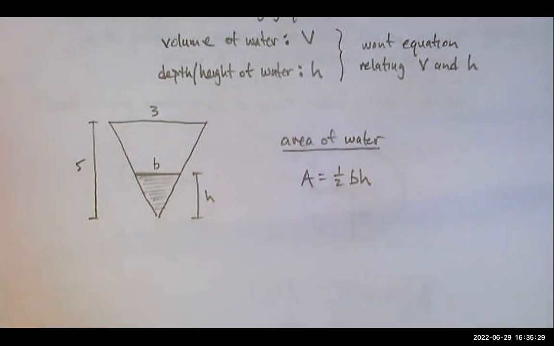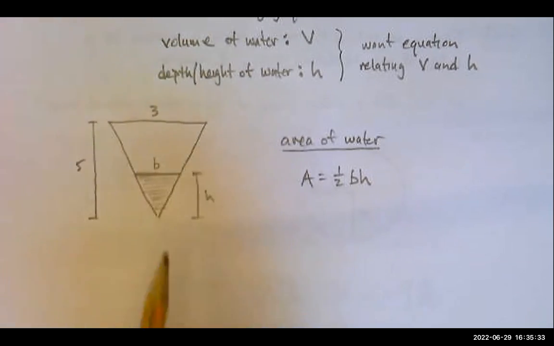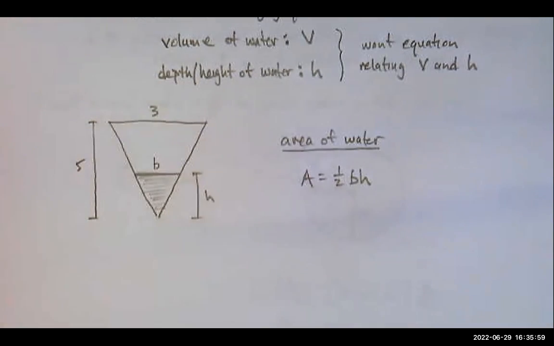And yes, we can. And it turns out because we know these other 2 lengths, the 3 and the 5, that will help us figure out a relationship even between the B and the H here in this drawing. So this is usually fun to do in a classroom. We're all looking at this drawing and I can say, okay, think back to anything that you ever learned in math. What concept would help us get an equation that involves all 4 of these, B, H, 3, and 5? Usually takes a few minutes,